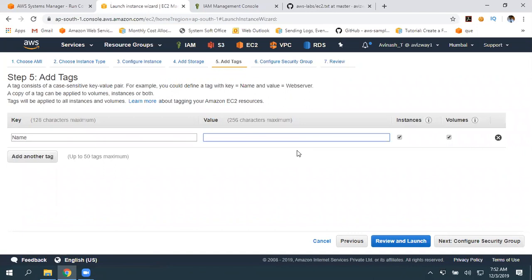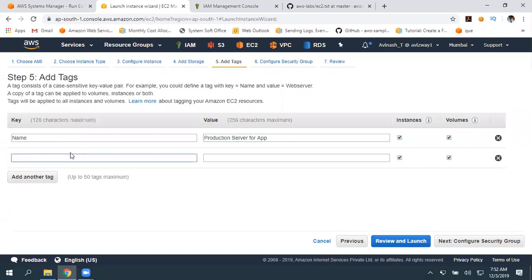For example, let's assume this is your production server, for one particular application. So for easy understanding and management purposes, you give a name tag. Along with that, make sure you maintain some tags. For example, this operating system is Linux.